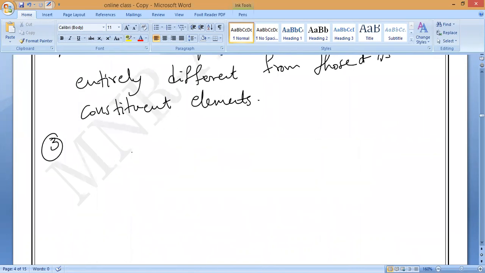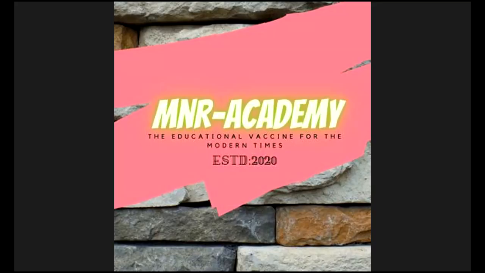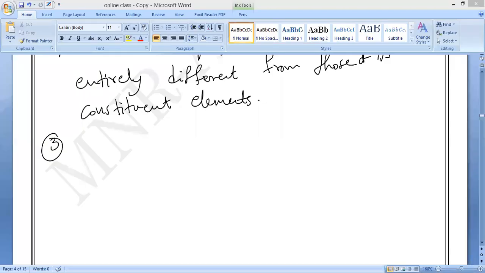If you want to prepare iron sulfide, what do we have to do? How to prepare the iron sulfide compound? We have to heat it. So that is what you have to remember. We have to heat the iron and sulfur mixture. Is it correct or not? So the iron sulfide compound is prepared by heating together iron filings and sulfur.